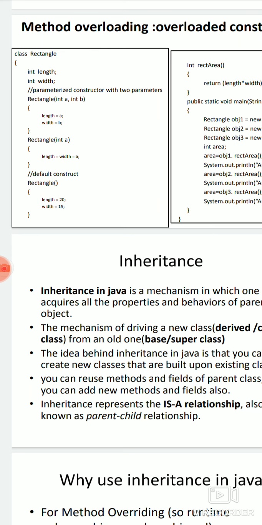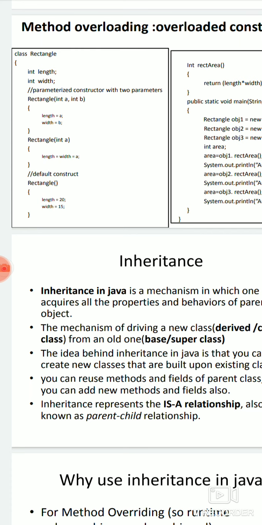It is almost like matching up with the constructors. So here you can see, if we are calling with two parameters, it will match up to the first function. If we are calling with one parameter, Java will look over all the functions having the same name, and according to the number of parameters, it will match up to that particular function. So that is an important feature of Java. It is known as method overloading.